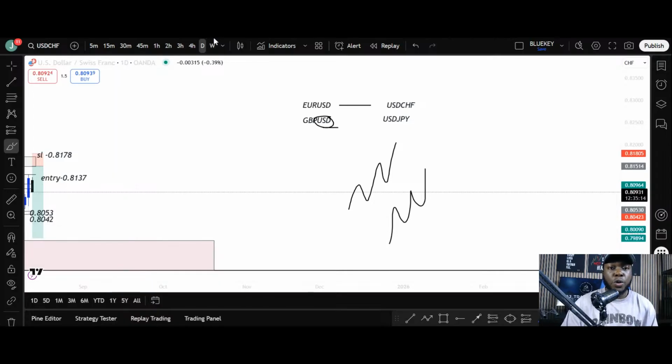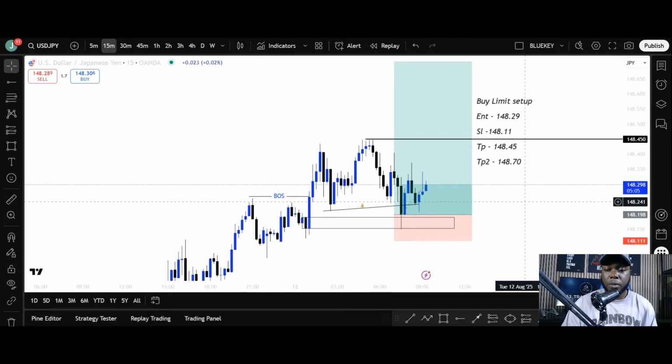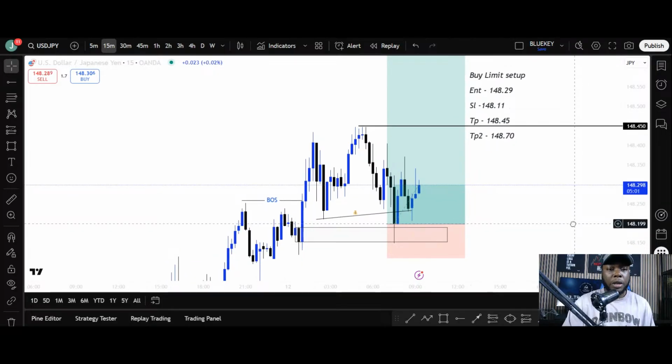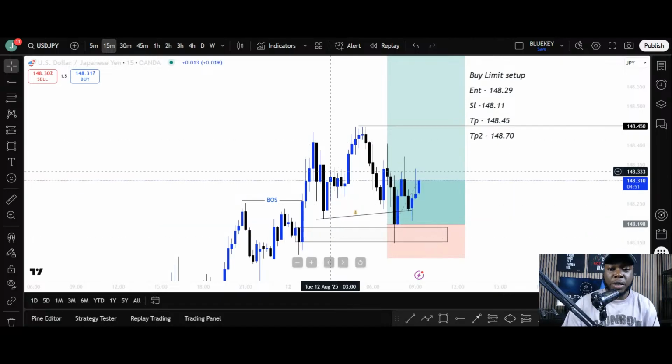Okay. So that being said, I want to just point out this and show you guys the setup that we are currently holding. Please, I've moved to USDJPY. Let me know if you can see my chart. I'm on USDJPY right now,